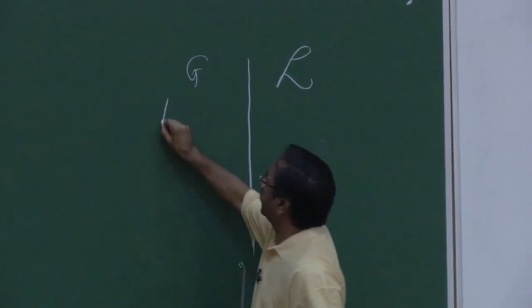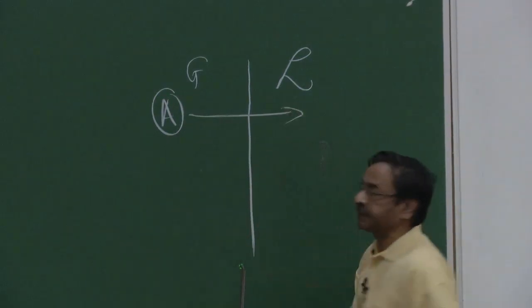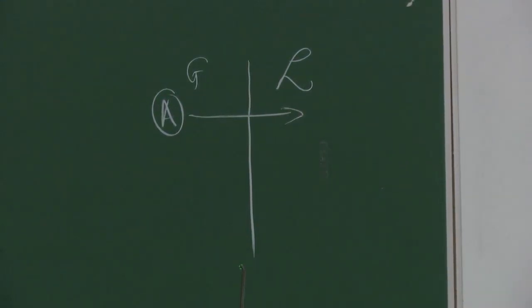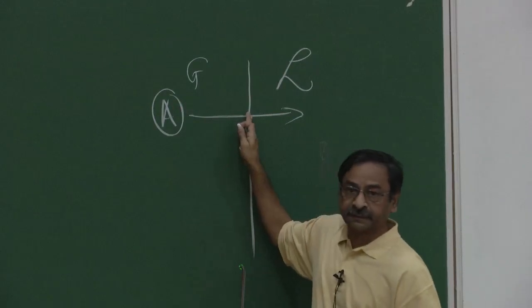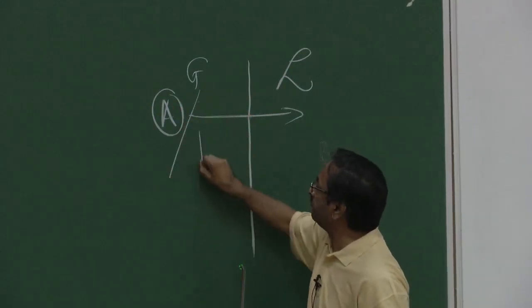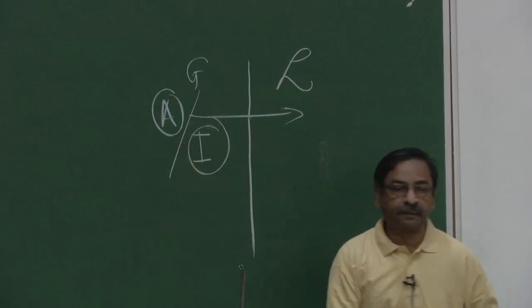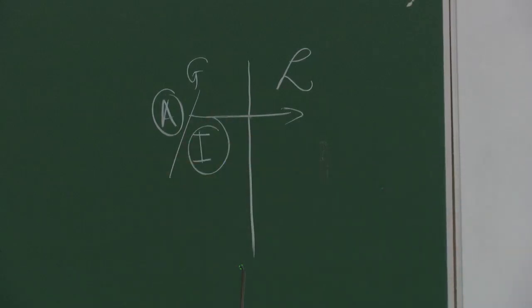In general, say some solute A is being transferred from gas into the liquid. Recall the concept of collisional barrier. Molecules of A will have to go through the gas phase, and this would be probably in mixture with a second component which is inert. So, if A molecules are moving towards the interface from the bulk of the gas, they would be colliding with other molecules of A and molecules of the inert second component. So, there will be collisional barrier here. Obviously, this will give rise to certain resistance.